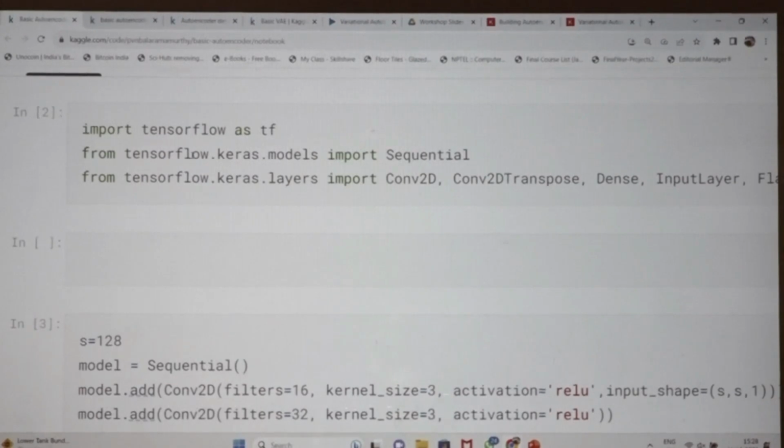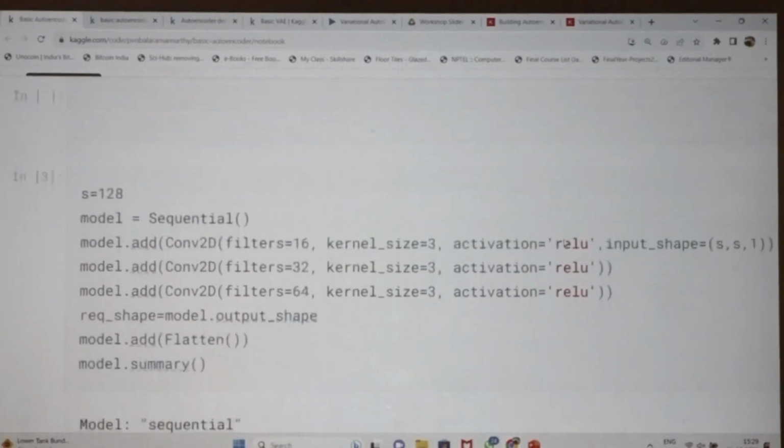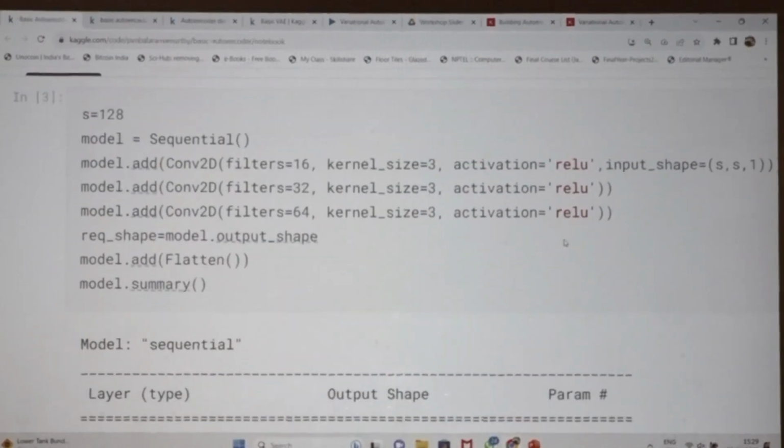So you can see tensorflow.keras.models import Sequential. I am using Sequential only here for the autoencoder. And Conv2DTranspose, Dense, Input layer, Flatten, and all these we are using. And this is the designing of the encoder without batch normalization.